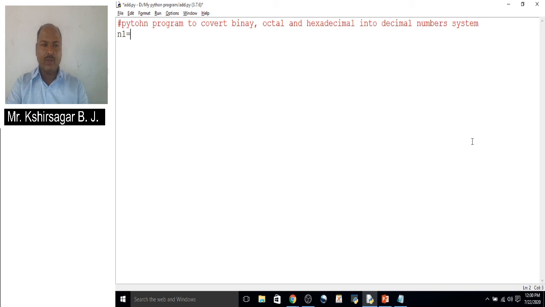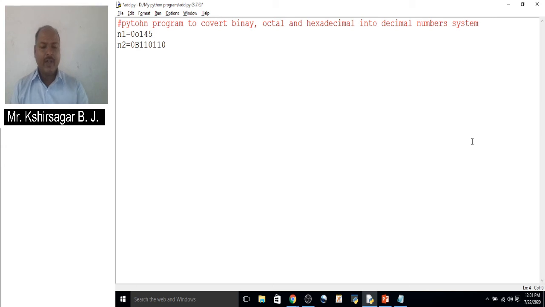We have to take one number, n1 equal to, suppose we want to take an octal number, so it should be prefixed with 0 small o or capital O. Suppose you have taken 145, that is an octal number. Then suppose we take another number, a binary number, so it should be prefixed by 0b or 0 small b: 110110.